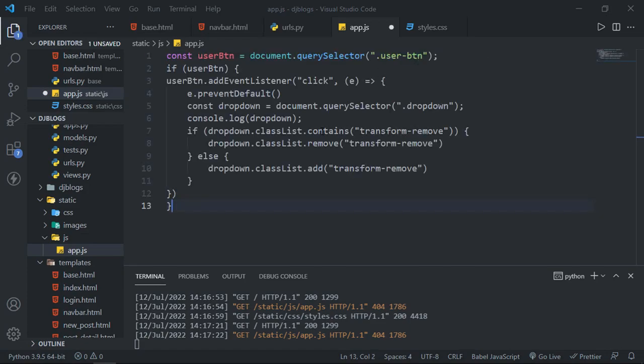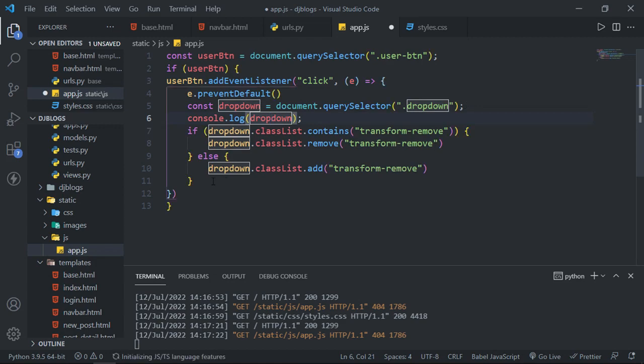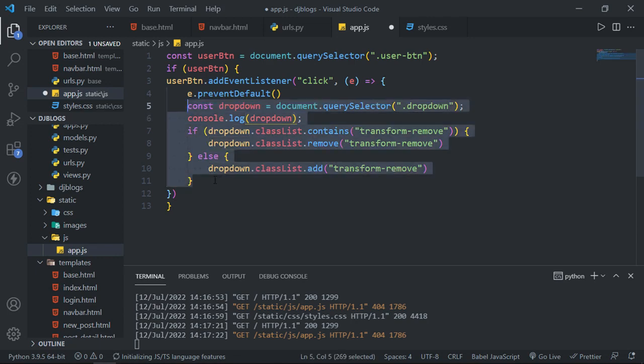Basically we are targeting the user button, and we have added this click listener on the button, and we have added the logic for our drop down. If you know JavaScript, then you can read this logic. Let's save this file,